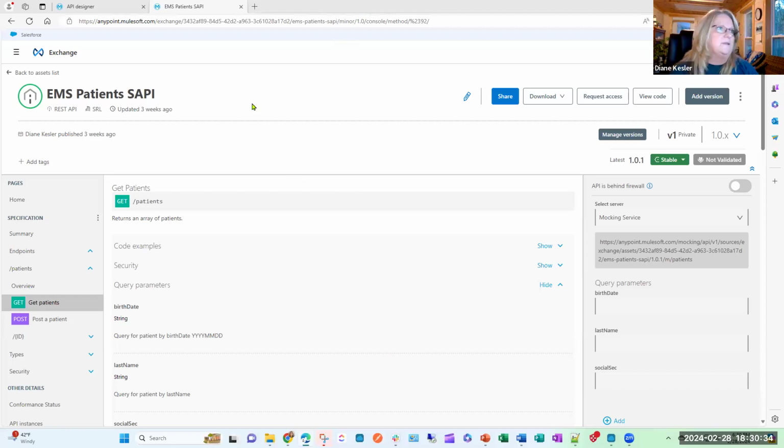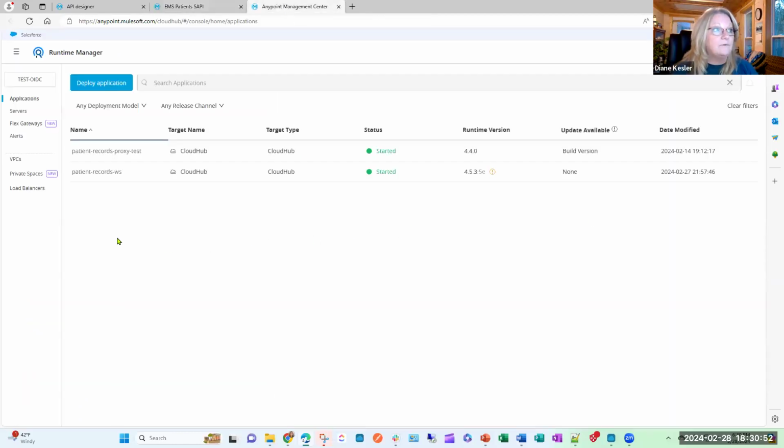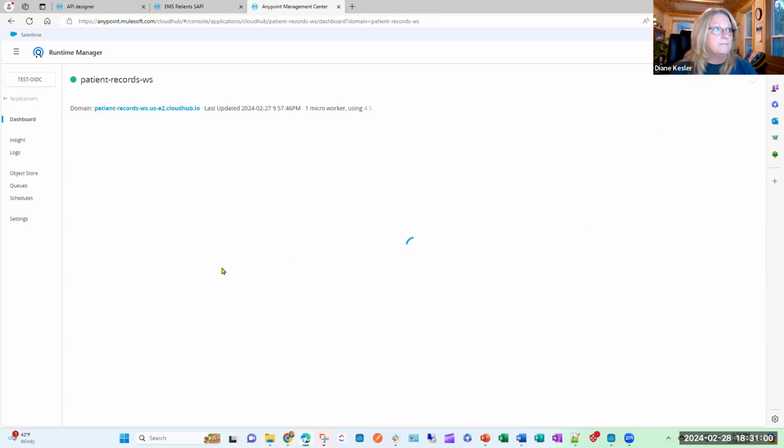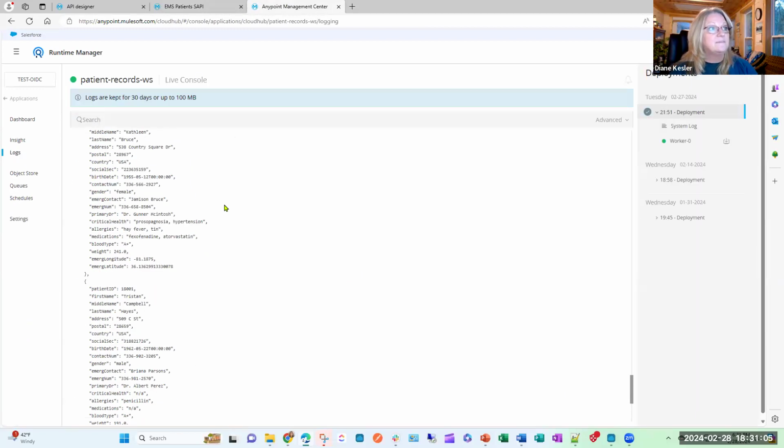Once that is completed, then we go ahead and deploy that app to Cloud Hub. I mean, you can deploy it to wherever your Mule runtime is, but for the sake of keeping it simple here, we deployed that app to Cloud Hub. So this one's the actual app that's running, and that's what would be there at first, just this Mule app. And when I run this Mule app and check out the logs, I can see